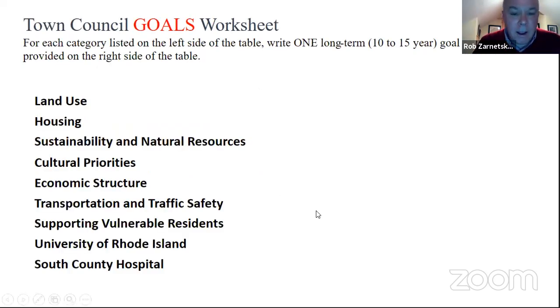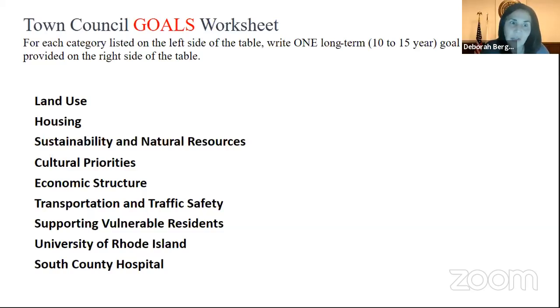The land use and housing categories, I'd suggest, really are the conversation that we're going to have on Wednesday night. Unless the council feels otherwise, I'd suggest we skip to, and in fact, sustainability and natural resources with the Conservation Commission will also be touched upon to some extent. But maybe we could do land use and housing on Wednesday. That's a natural place for those goals and objectives to be identified. Sustainability and natural resources probably not going to be as much of the focus on Wednesday, but it'll be tangential.